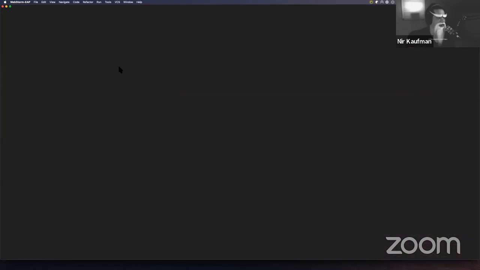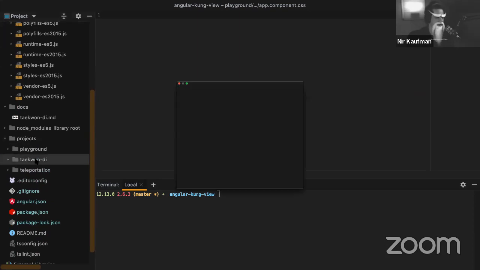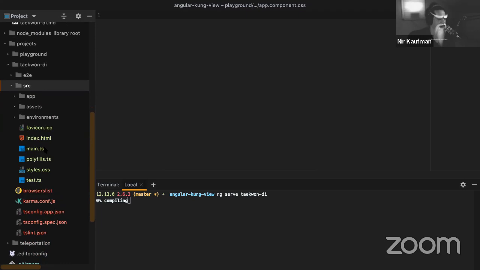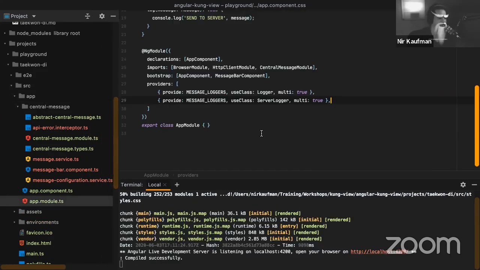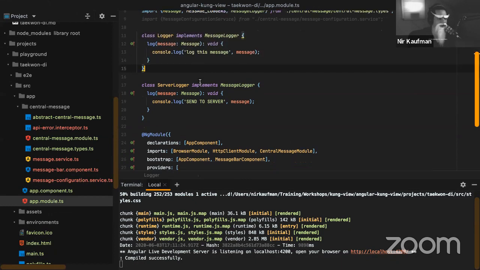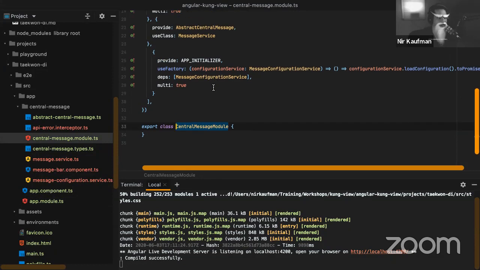So Angular conc view. And we're gonna ng serve tac1d. This is a working example that I prepared for you in order to share it on GitHub. So you can see here under app, here I didn't call it an alert, I call it a central message, but the concept is the same. You see right here that I can create my own custom message loggers, and using this multi-provider key in order to add my functionality and extend the central message module, which internally